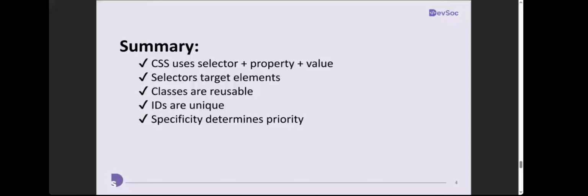So specificity determines priority, which one comes first. So you know how you organize your code. I shouldn't write code in your external stylesheet and then you come and repeat the same thing in your internal one, right? It will override it. So that is what we have done today, and I believe it is well understood, utilized, and digested. So as we conclude,